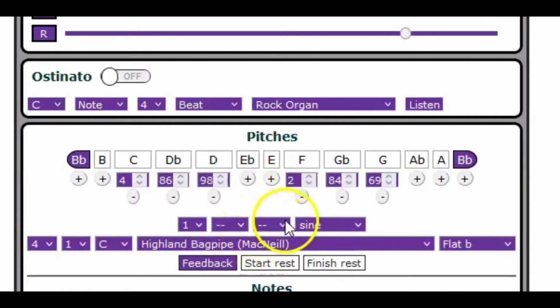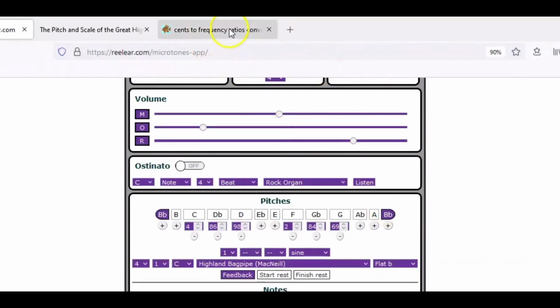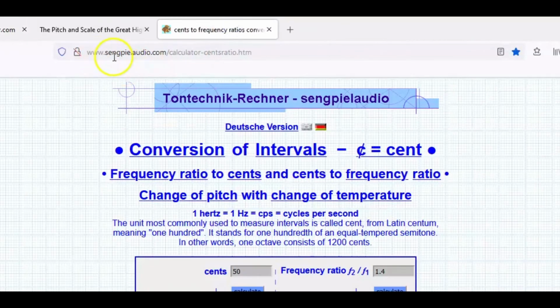So, next thing you want to know, if you're playing above B flat, for example, if you're not tuned to 466, if you're playing in a band that's tuning to 480, for example, then this is still going to be out of tune with your chanter and your drones. So we're going to have to make some adjustments. All right. How do you do that? Well, I use this handy calculator over here at